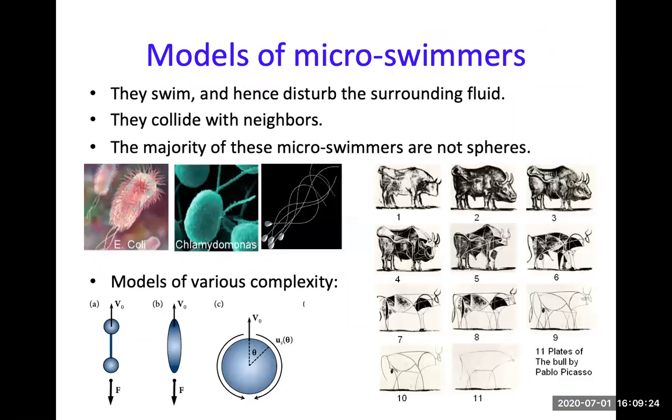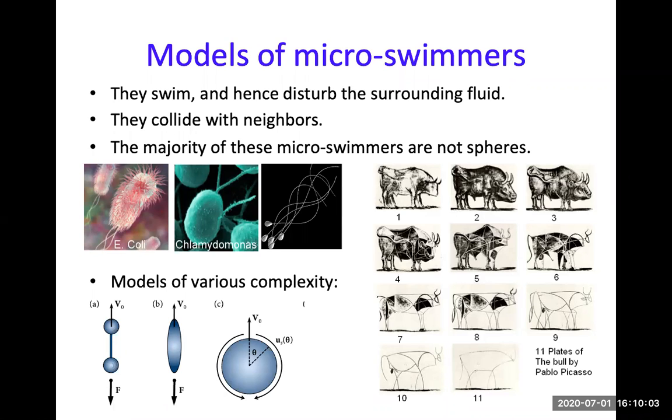So I've been focused on looking at various models of microswimmers, right? So how do you build minimal enough microswimmers? And people have been dealing with models of various complexity, things like dumbbells, like two spheres connected by a rod or a spring, ellipsoids. The most prevalent one has been the squirmer model, which you have a sphere, right? So Tim Pedley has done a lot of work on this. You have a sphere where the tangential velocity on the surface of the sphere varies. And then you can look at individual collective behaviors.